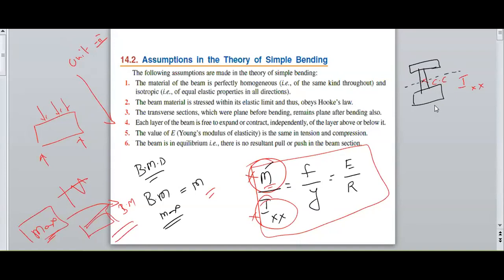By using these two procedures, I need to substitute the values directly in my equation to find the stress